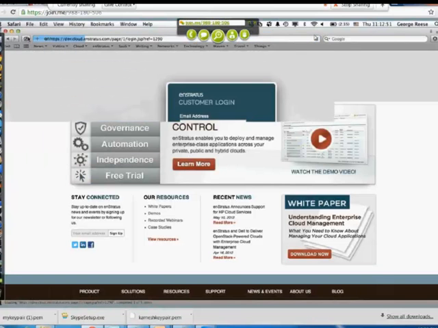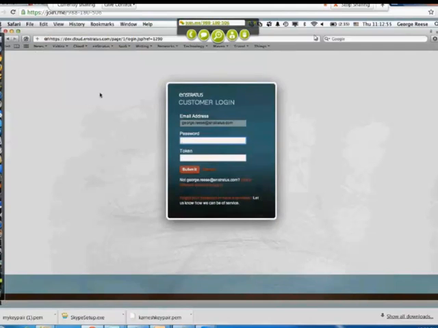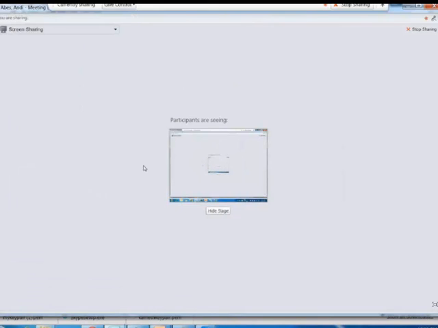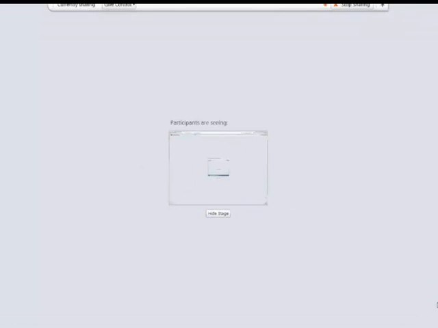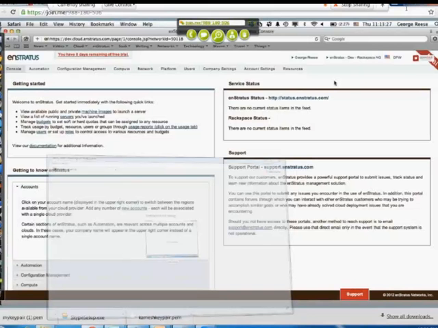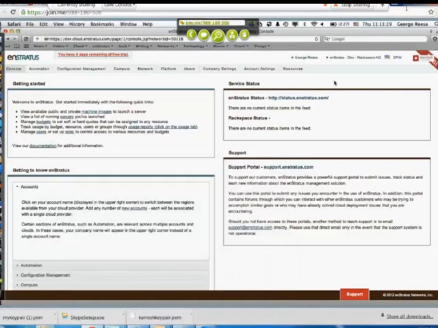So I'll jump right in here into our application, and what I'm going to show actually is a couple of different OpenStack environments. I'm going to show enStratus running against an SX cloud and against the Diablo cloud, and also just in the general context of operating across even non-OpenStack environments. So to start with, I'm logged in here, and in this case, I'm actually logged into the Rackspace SX environment. This is some basic status information